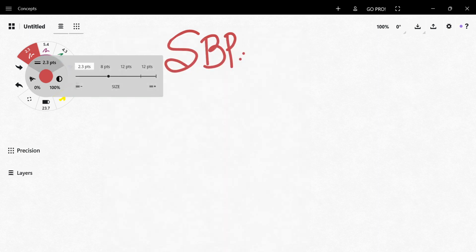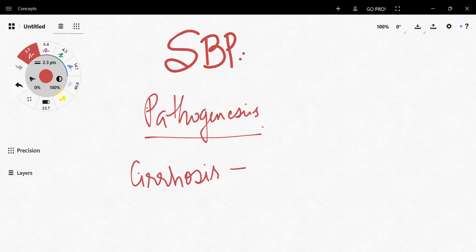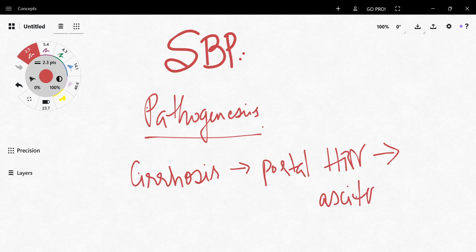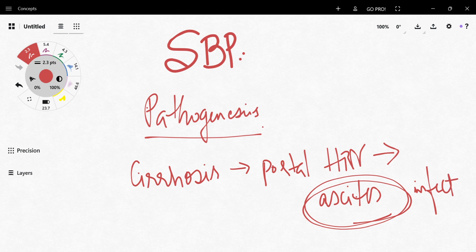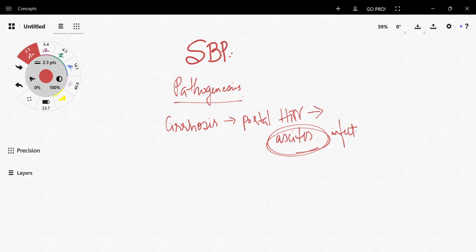So the pathogenesis. Let's say that we have a patient with cirrhosis and they develop portal hypertension. This again caused them to have ascites. Now when this ascitic fluid gets infected, right, that is what causes a person to develop spontaneous bacterial peritonitis. And the way that happens is, so it's important to know one thing about cirrhosis, and that